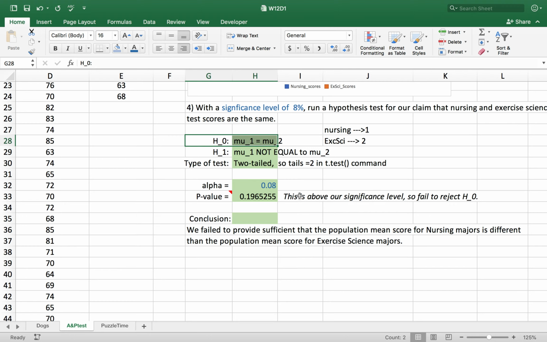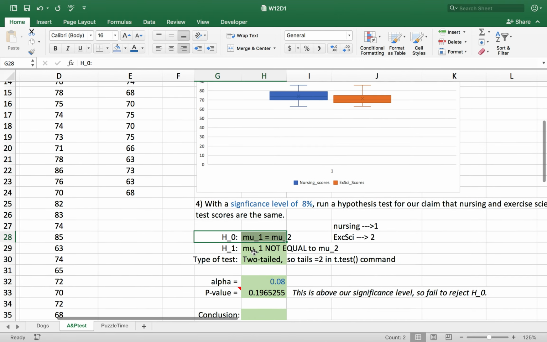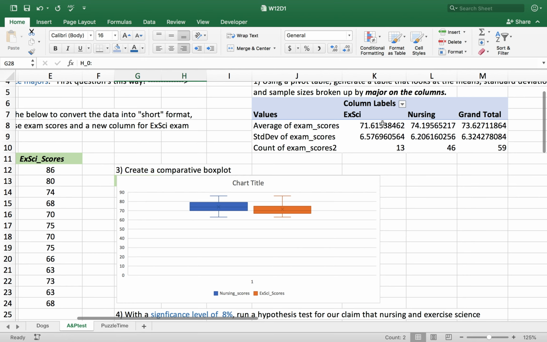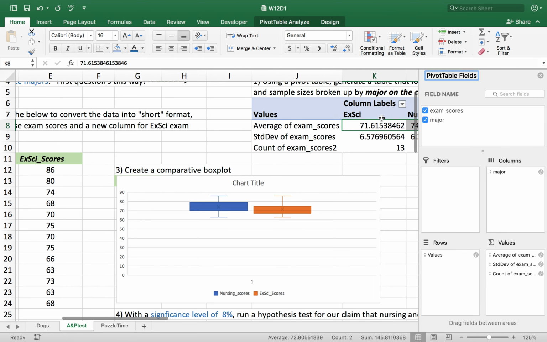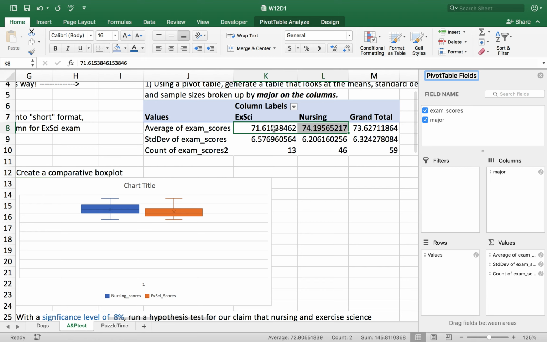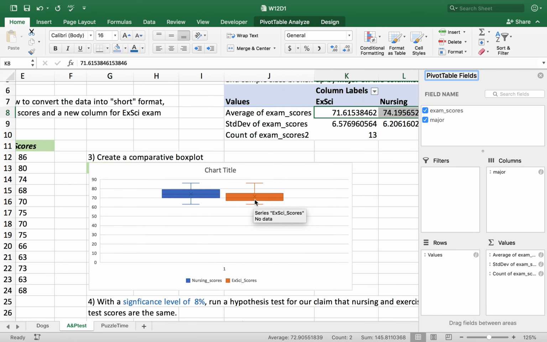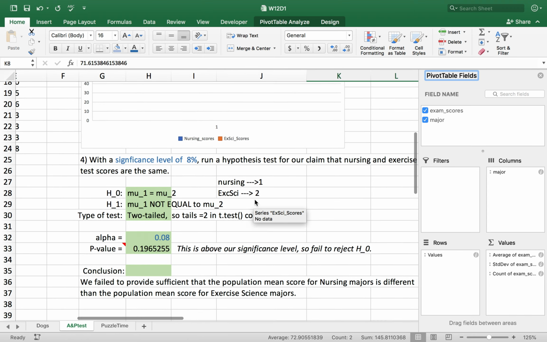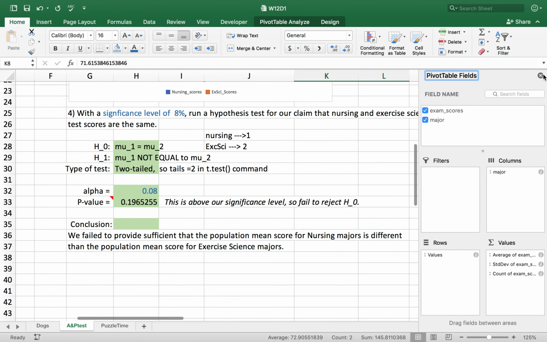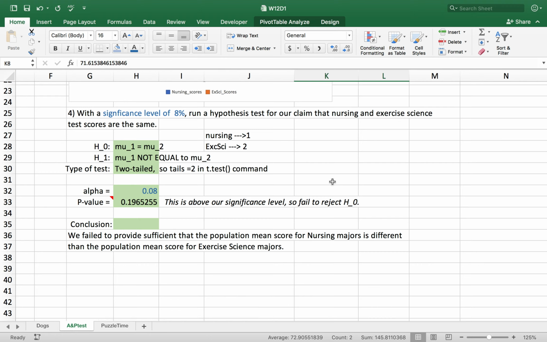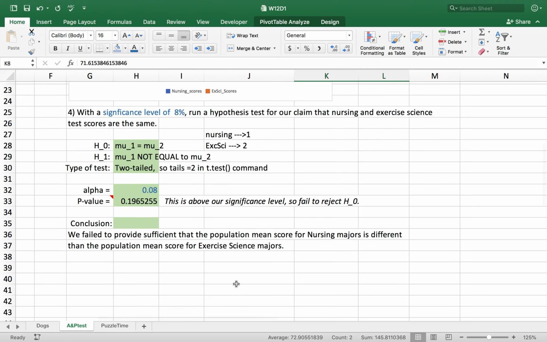H0 we have to presume is sort of true, right? Presumed innocence. We can't prove that it's true, but we couldn't provide evidence against it. And so what we see here is even though in our descriptive statistics, we have exercise science majors with a lower mean score on the sample level than nursing majors, and we can see little differences even in terms of our box plots, essentially what our hypothesis testing is telling us is that those differences are not big enough, not significant enough to make a claim that there's a difference at the population level between these two majors in terms of this particular